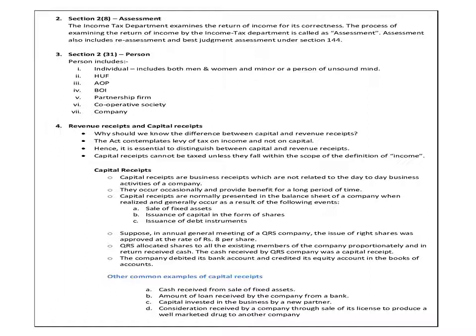What is return of income? Suppose I am an individual, I will file my return of income. That is, what is my salary income, how many houses do I have, what is the income from these houses, what if I have any business, what is the income from my business, which is nothing but your PGBP. And income from other sources, if I had got any gift from my mother or father or from my sister, how it will be taxable.